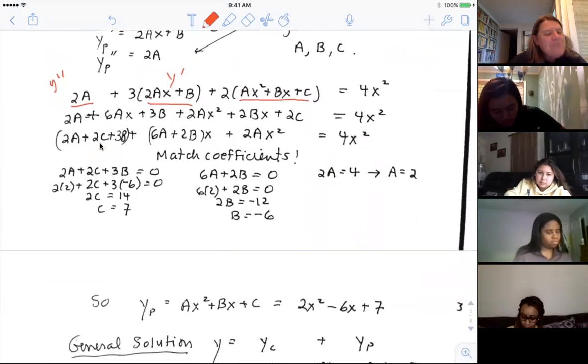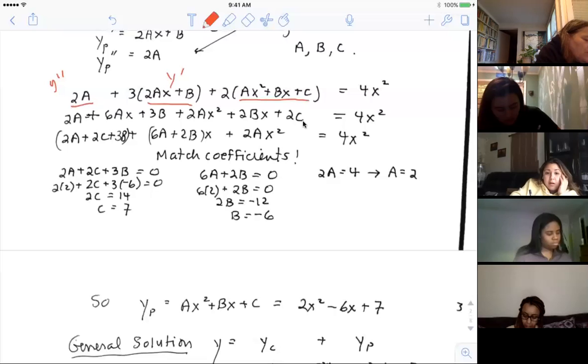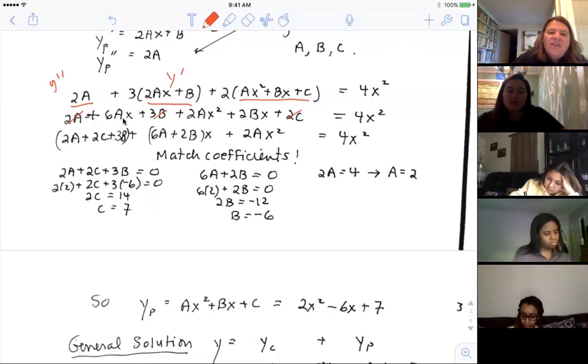This can get really messy, guys. I would encourage you to strike through things as you use them, so you make sure you get everything in there. So I've taken care of 2a, I've taken care of 3b, I've taken care of 2c. I did not strike through when I first did them, and I'd missed the 3b. I thought it was another, maybe had an x on it or something, but make sure you look through and you get everything.